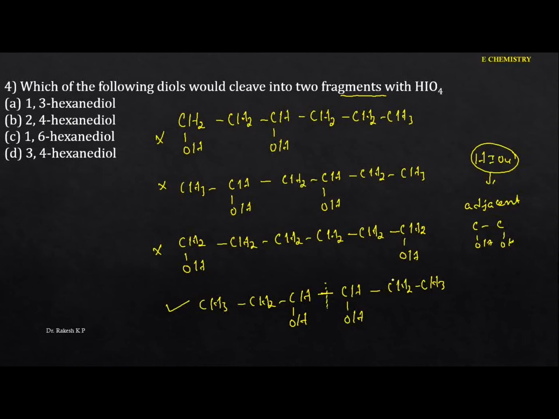One more thing you have to remember: both the OH groups should be present on the same side. If one OH is on the opposite side, that is, if one OH is at the front and the other at the back side, then we can't identify the cleavage. That means both OH groups should be present on the same plane, then only we can identify the cleavage. So it is only the 1,2 that is possible, but not the 1,3. That means the adjacent carbons have to contain the OH. Here we can identify the cleavage. Hence in this case the option is D. Next one.